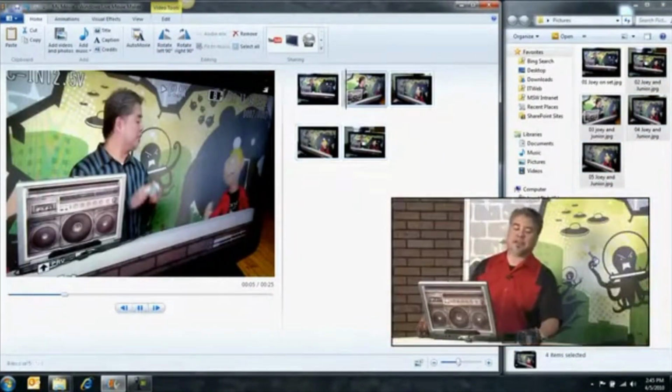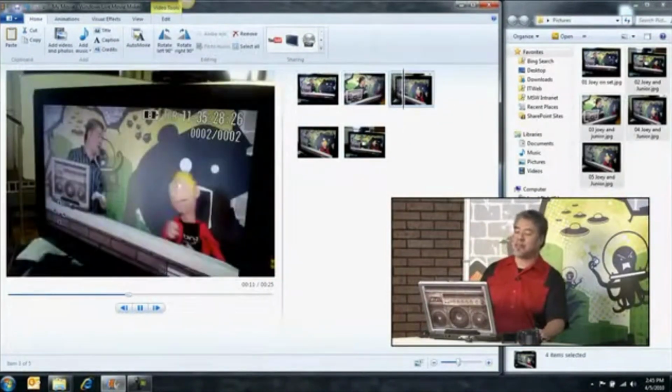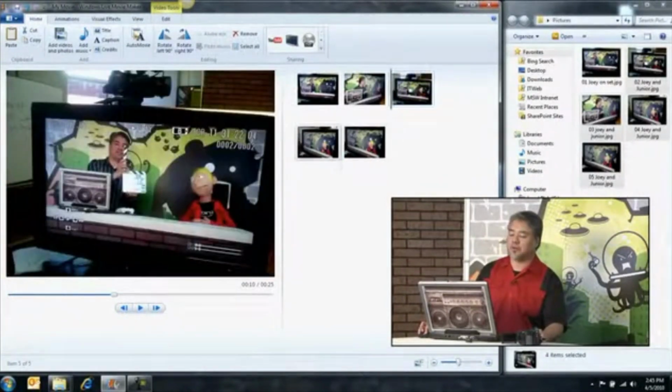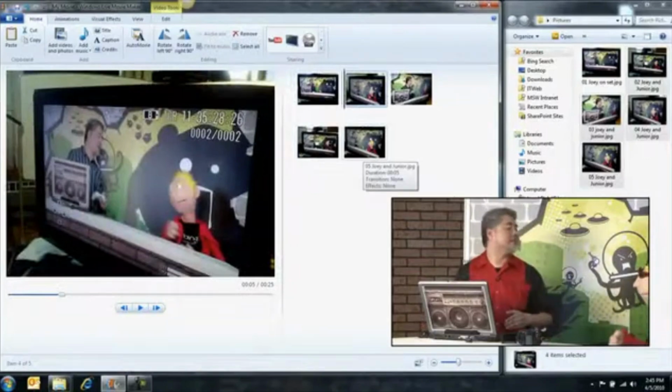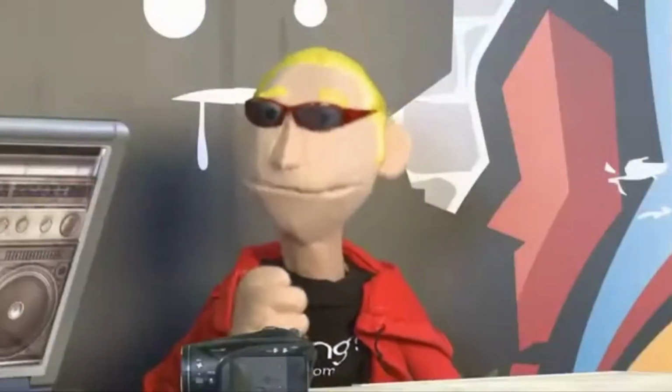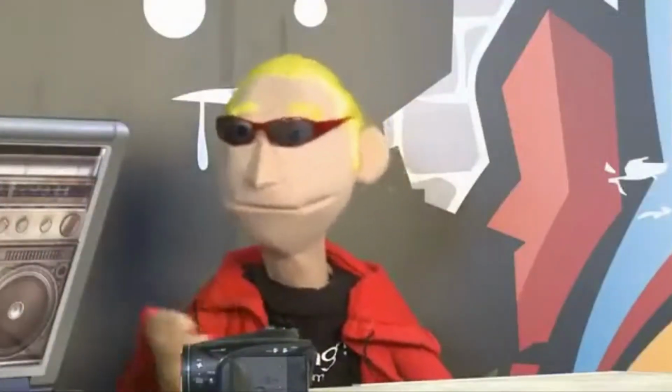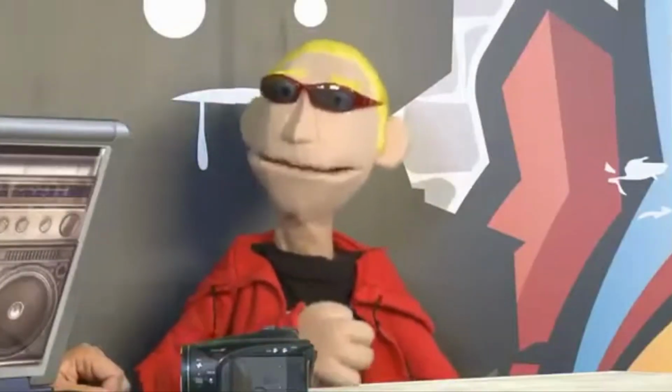Yeah, and if I were to play it now, you know, it looks like a slideshow based on these photos that I just dragged in. Yeah. And they play in the order in which they appear on the right-hand side. And in fact, I can even shuffle the photos around to change the order of what this thing is. It's a photo montage. That's really straightforward. That's all you have to do to change the sequence, is just drag them? Yeah, just simply drag the photos around to the right-hand area to rearrange them whatever way you like. Wow, that's great. That's really easy.